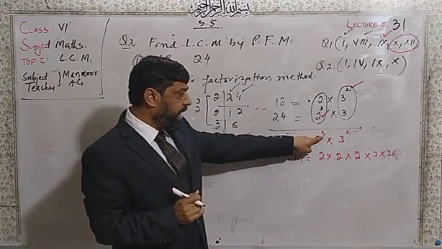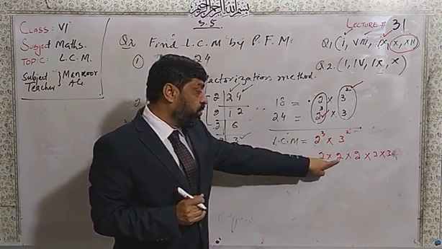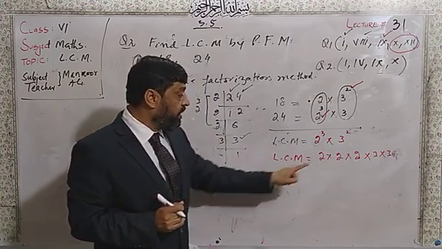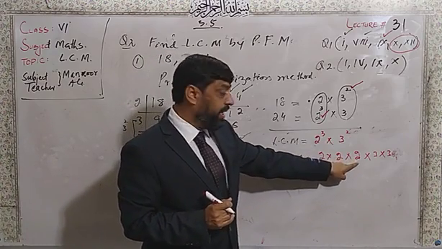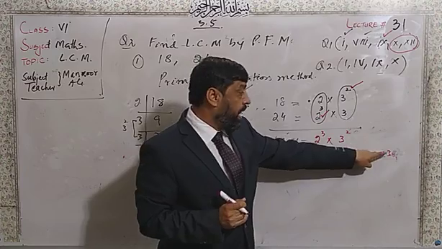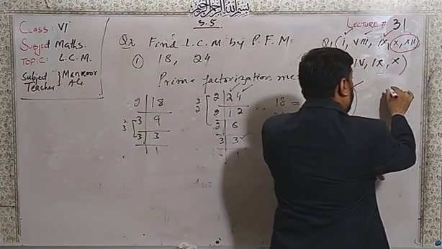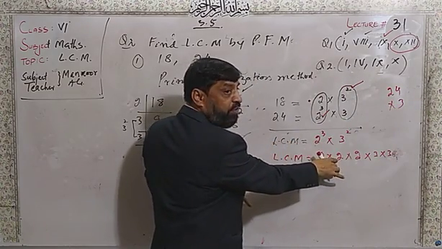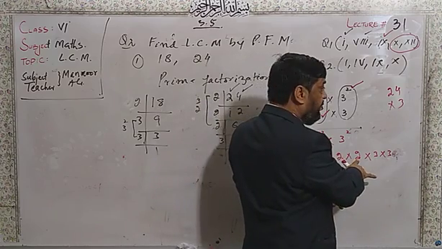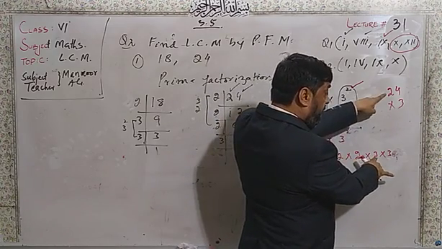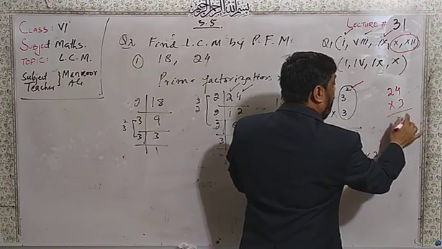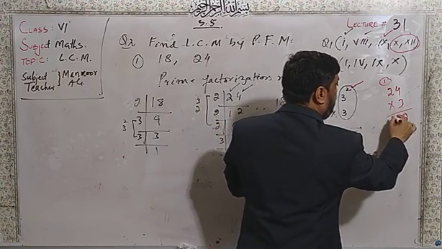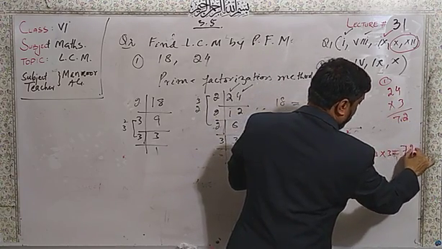Dear students, here I will open 2 power 3: 1 time, 2 times, 3 times. Here 3 power 2 means 1 time and second time. 2 times 4, 2 times 8, 3 times 8 is 24, and 24 multiplied by 3. Again see here: 3 times 4 is 12, and 1 will be carried. 3 times 2 is 6, plus 1 is 7. It will be equal to 72.